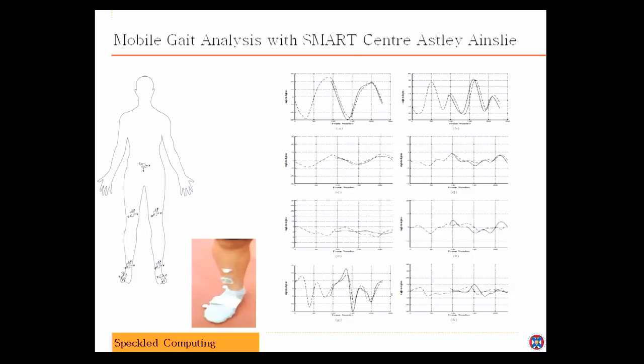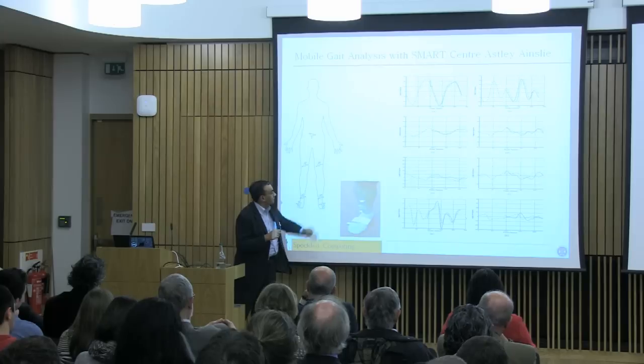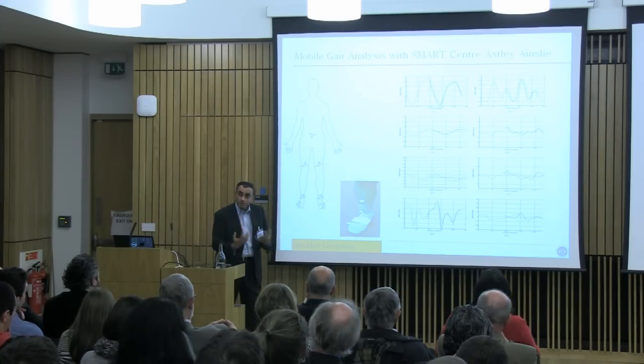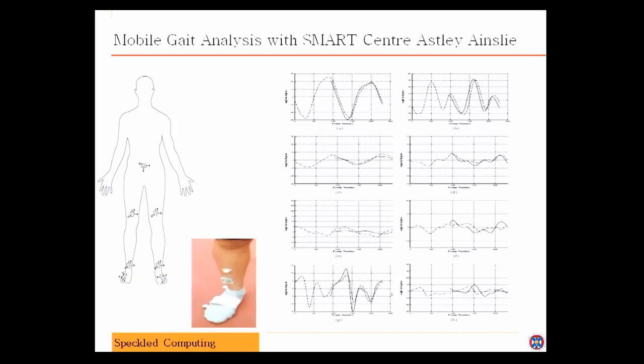Okay, so this is something that we did in collaboration with the clinicians in the Gait Center. So what you see, I think is very clear. So you mount these at these points here, and here is an example of something like this. And in this case, we also had these markers so that we could compare the traditional way that it's done in a studio with our method, and that's what the graph that you see indicates. So what you're doing is you're freeing motion capture for gait analysis from the studio by being able to do it in the environment which these people would normally inhabit.